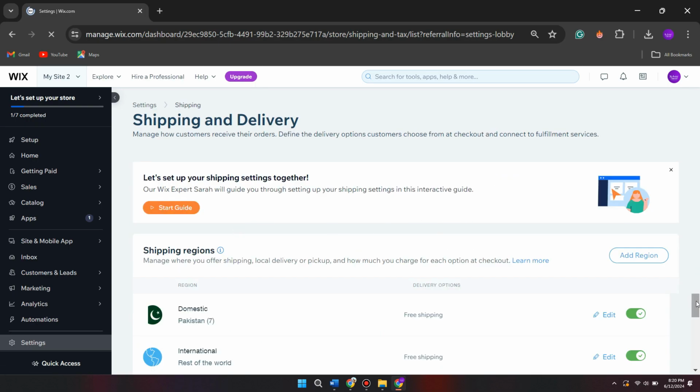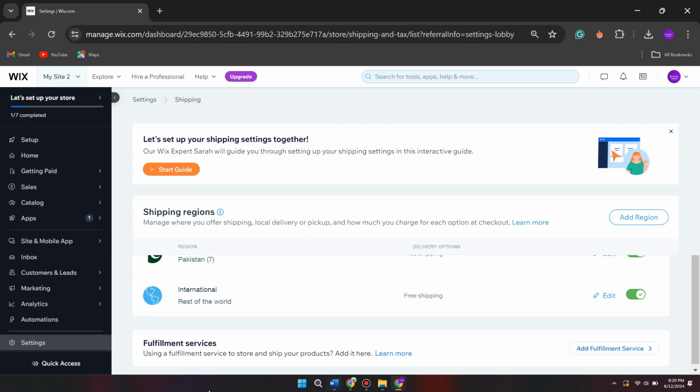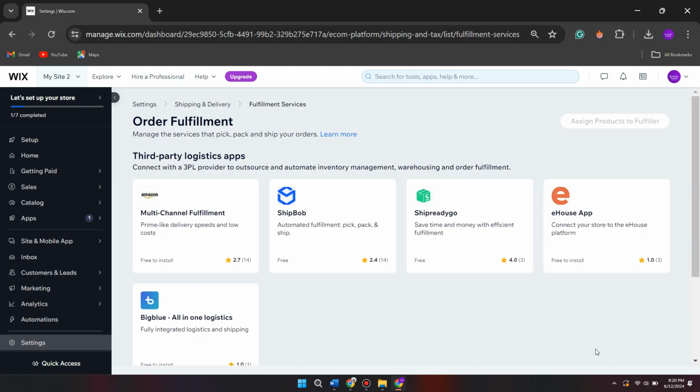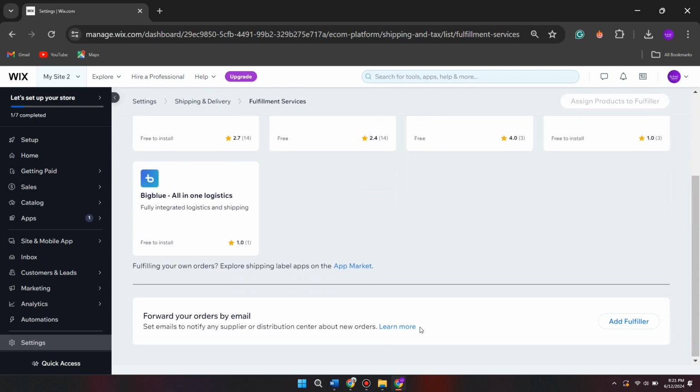You will be redirected to this page. Here, scroll down and you will see fulfillment services. Just tap on add fulfillment services and you will be on this page. Here, tap on add fulfiller